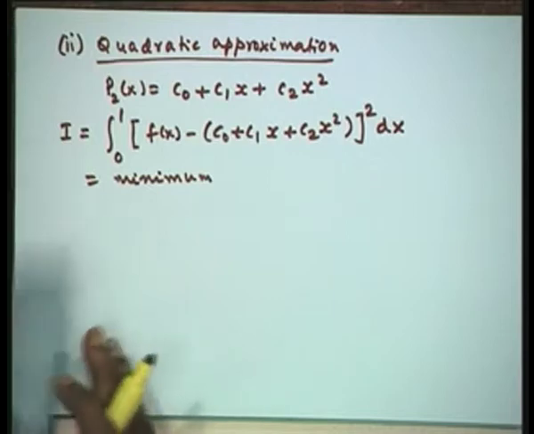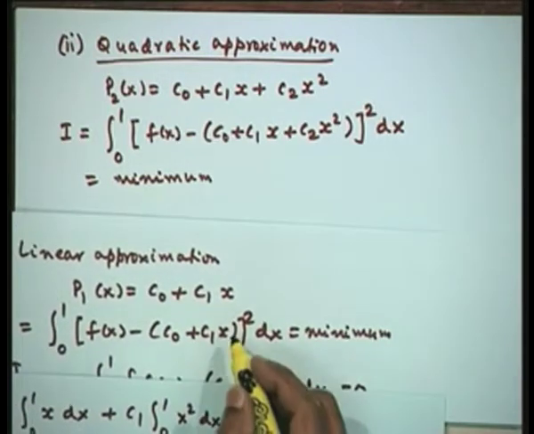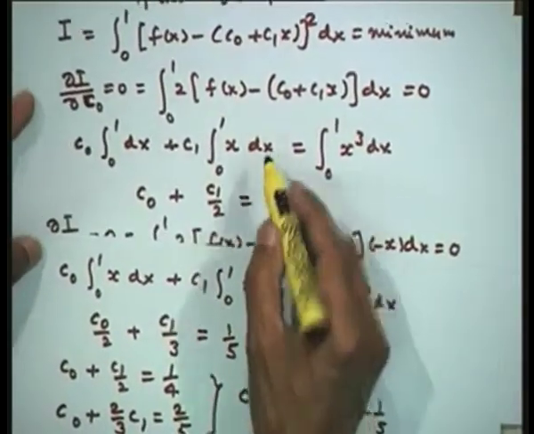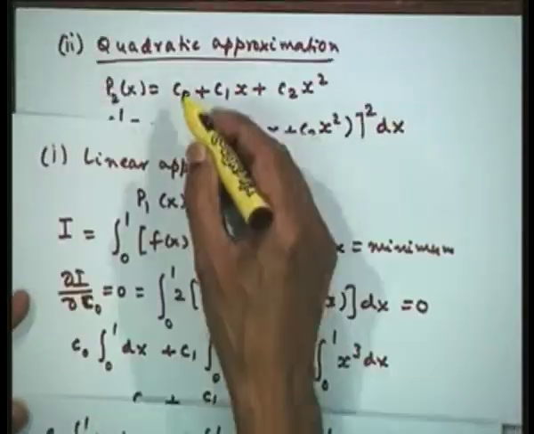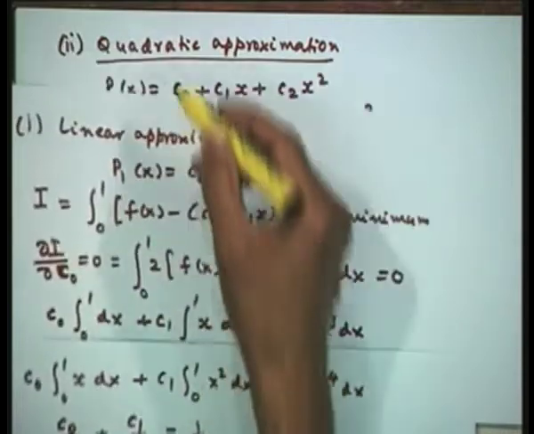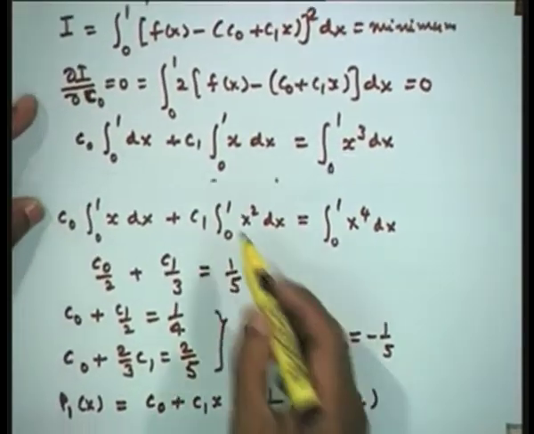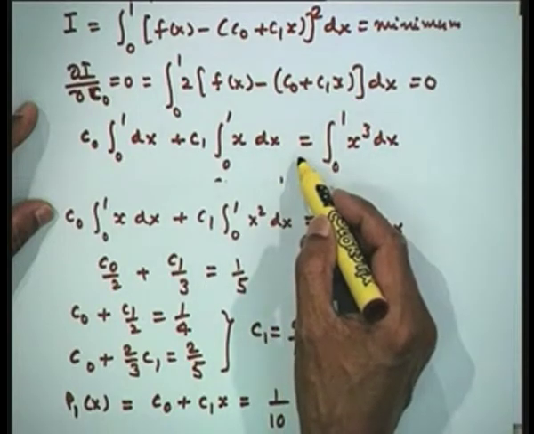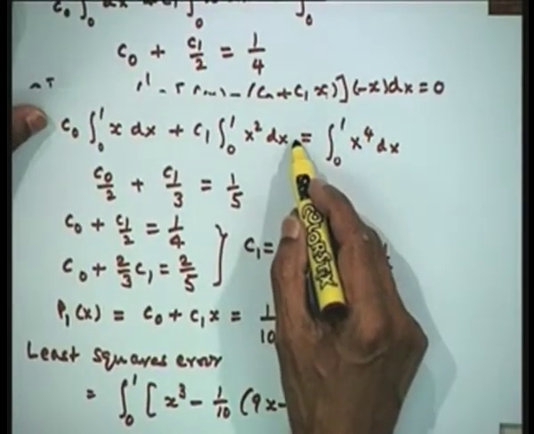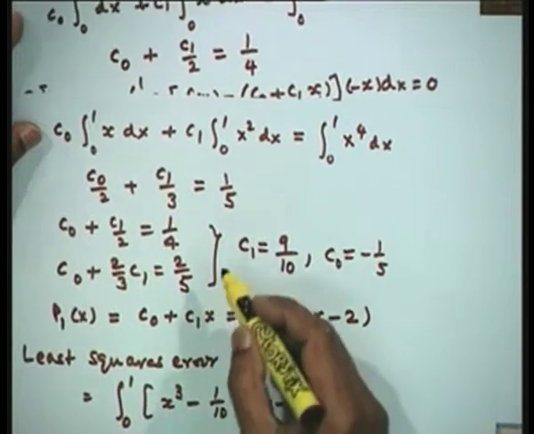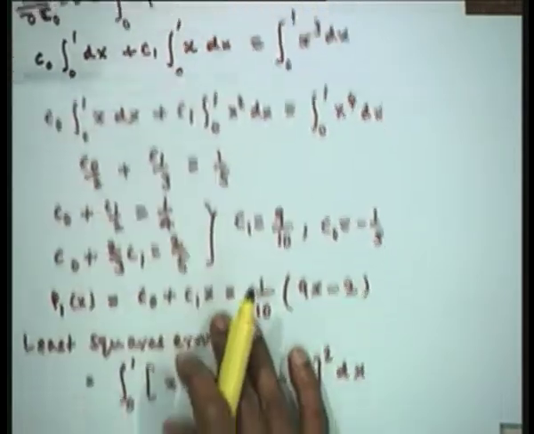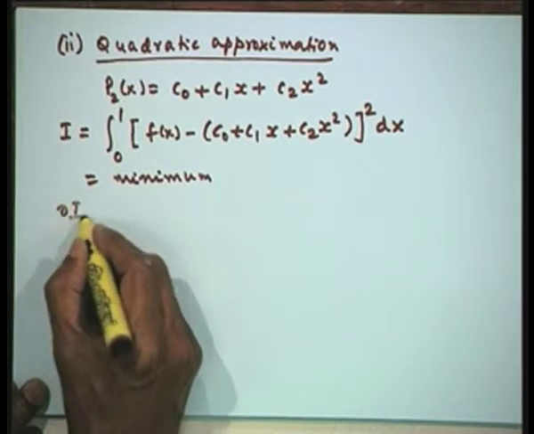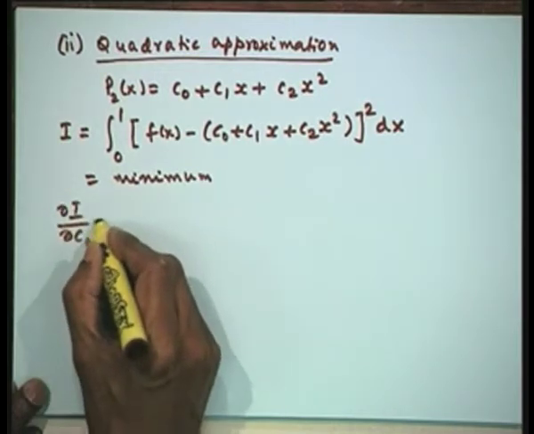Now, in this case what we have done is that we have added one more term here. Therefore, everywhere you will get an extra term. In fact, without writing any further step we can write from this case what will be the equations from here, because there will be one more term here, c 2 0 to 1 x square dx, and there will be here c 2 and there will be one more term, one third equation also would be there. Therefore, we will get 3 equations which we can write immediately by setting delta by delta c naught is equal to 0,